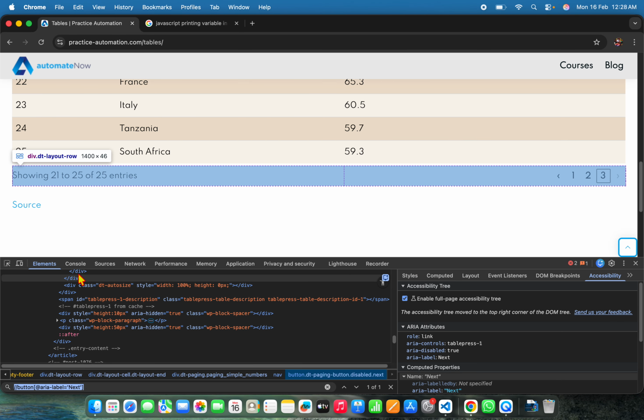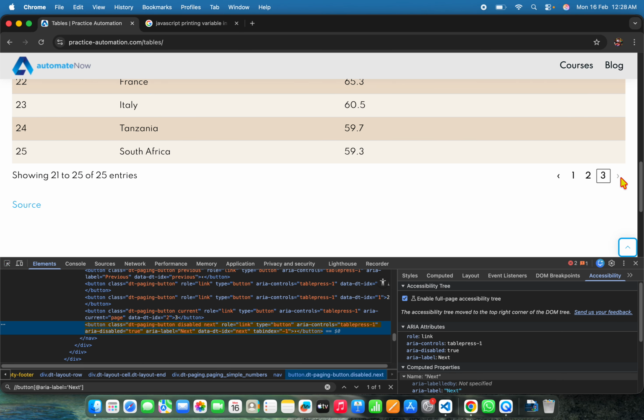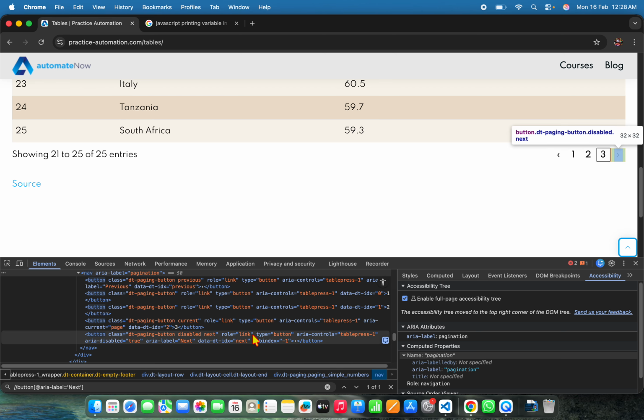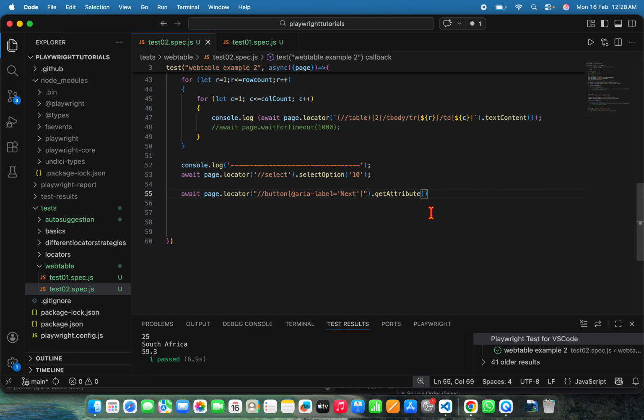So at the end it was a class which was saying it is disabled. Yeah, this was a class and it says disabled, but when I come here that disabled is no more appearing. So I'm going to extract the class, get attribute class, and then I'm going to see if, I'll put it as let isDisabled is equal to